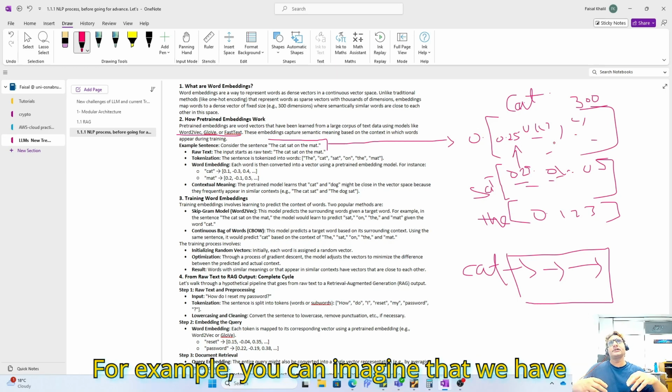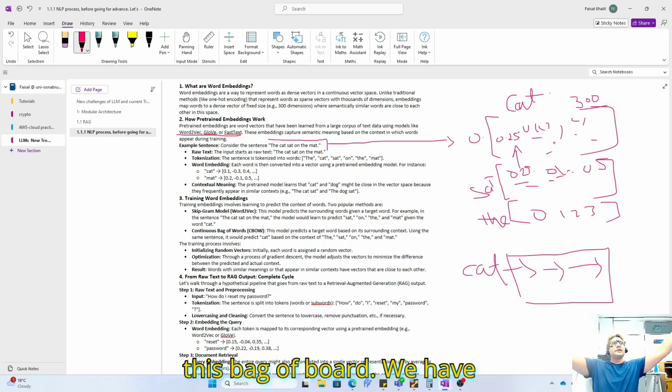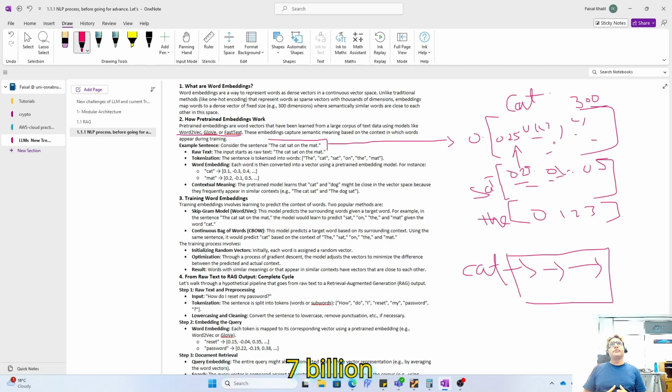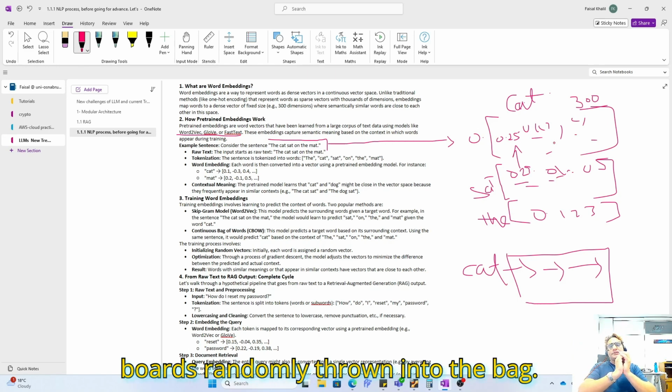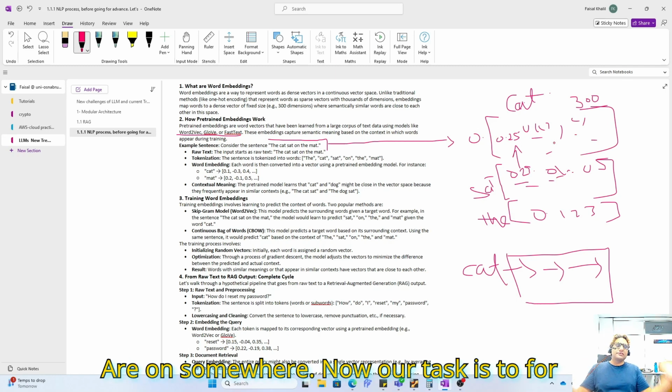For example, you can imagine that we have this bag of words. We have 7 billion words randomly thrown into the bag or somewhere.